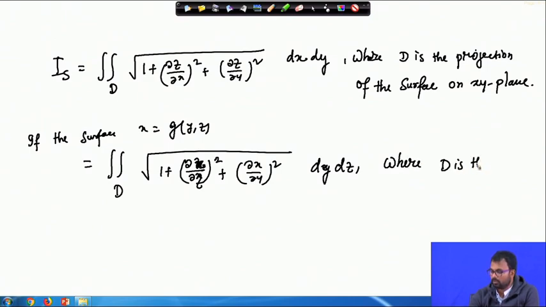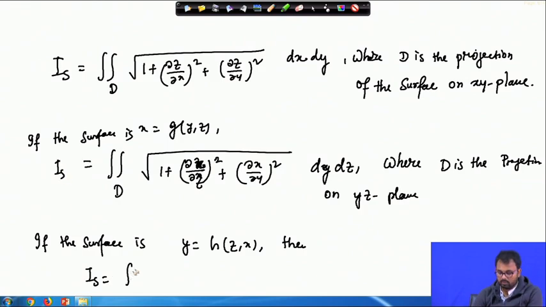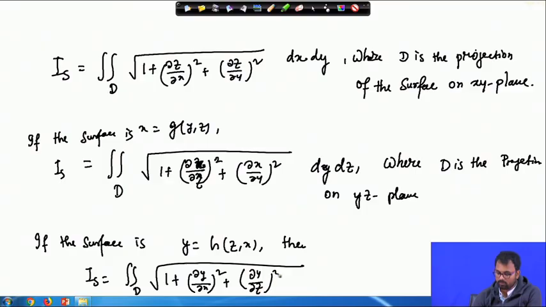where D is the projection on the yz plane. And similarly, if the surface is, let's say, y equals h(z,x), then the surface area is the integral over the domain D of the square root of 1 plus (del y del x) squared plus (del y del z) squared dz dx,